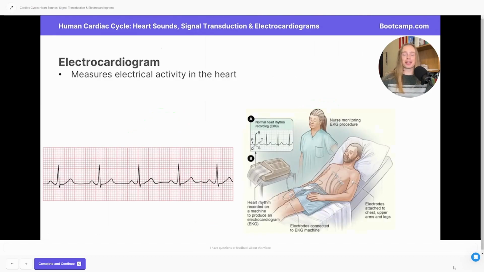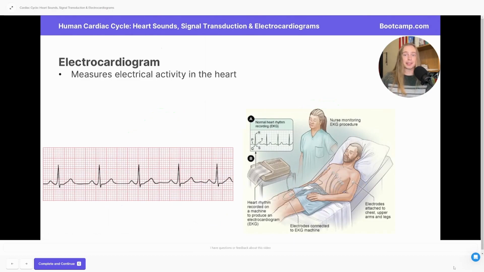Lastly, we are going to be talking about electrocardiograms, also known as ECGs or EKGs. As the name implies, an ECG is used to measure electrical activity within a heart, and it ends up creating a little plot like this. To set up an ECG, there are many leads that are placed throughout the body. These leads act as sensors that can sense depolarization when it occurs. Based off of what is known about the lead, like its location, we can then say which region of the